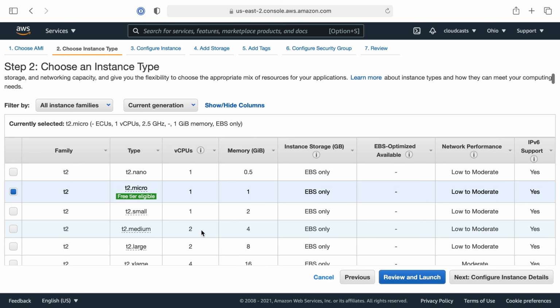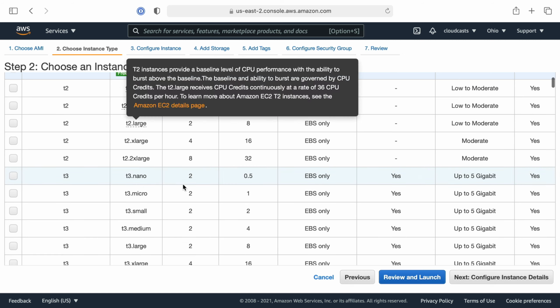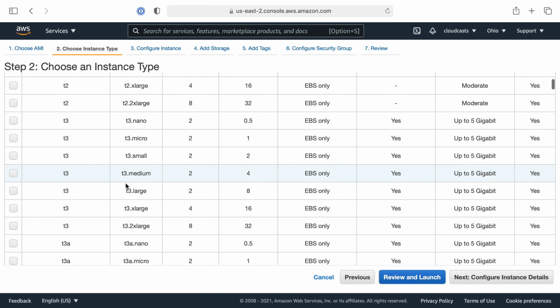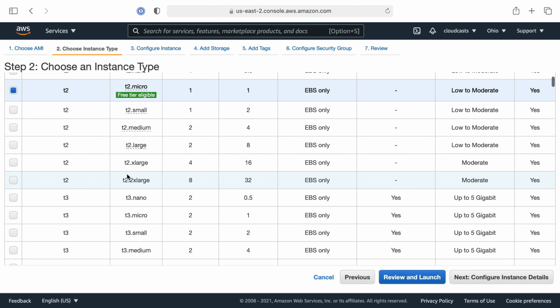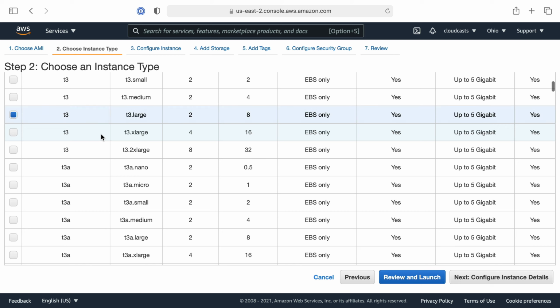One thing we're going to cover in the next video is how to choose a server type, what server types there are, and what different attributes the servers have to help you decide what you want to do. Now, in our case, it's simple here. T2 is the older version of the T class instances, and T3 is the newer one. So T3s are what I'm going to pick. T2 micro is in the free tier. That's why they do it by default. I'm just going to go ahead and pick a T3.large,